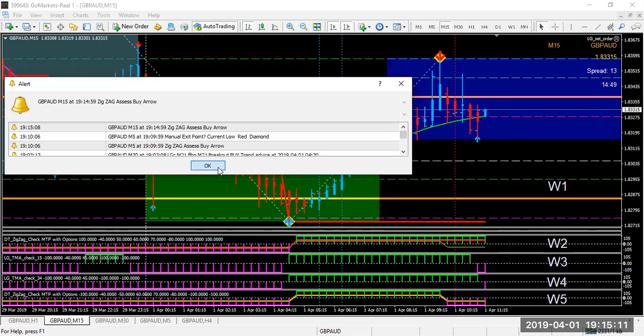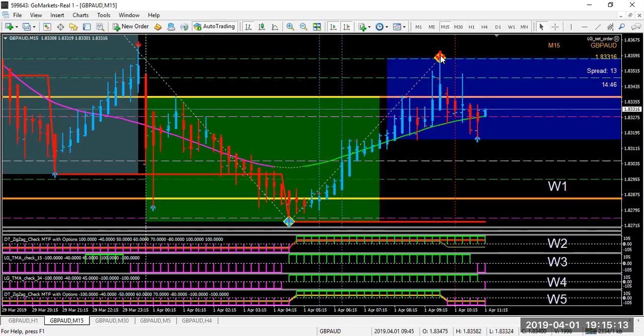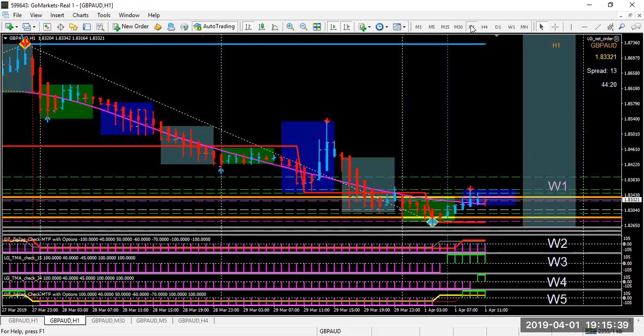Above that, R1 reversal, which is stronger. Now some of these horizontal lines are created from the 8-hour report. We can add additional horizontal lines that are important to the time frame. So one of my favorites is to use the 8-hour report template on the M15, and